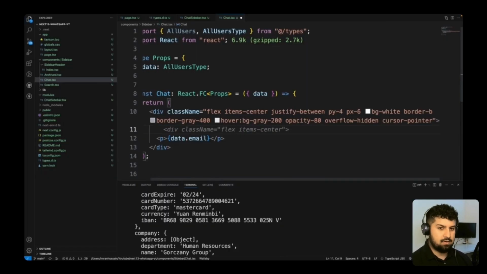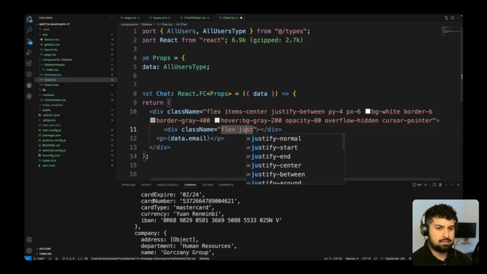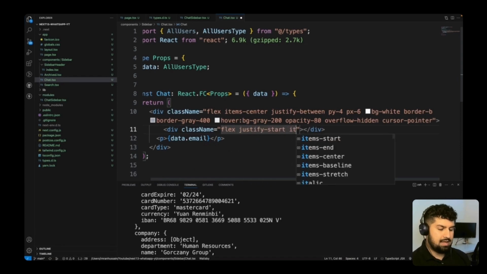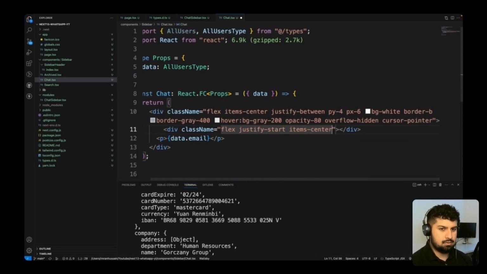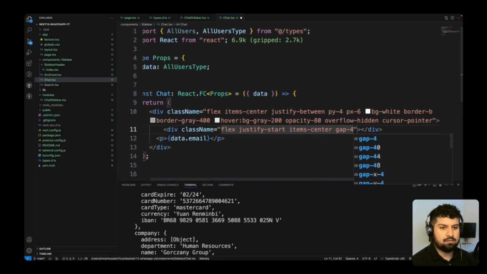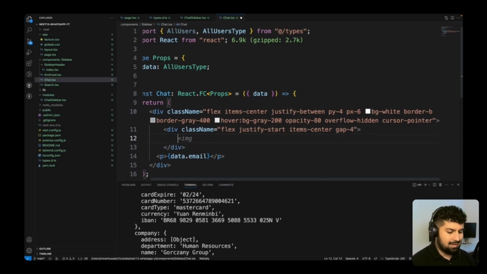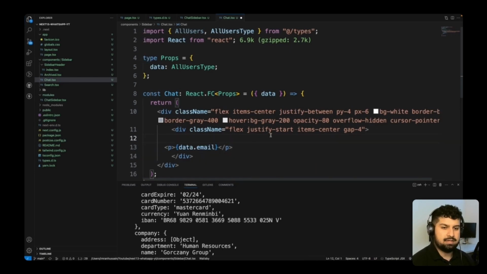Inside the outer div now, I'm going to have another div. So div in here, this will have a class name of flex and justify items from the start, items center, so align items center, and then we are going to have a gap of 4, which means give it a gap for each of the children inside. So now if I move this p tag into here, the first thing I want to render is